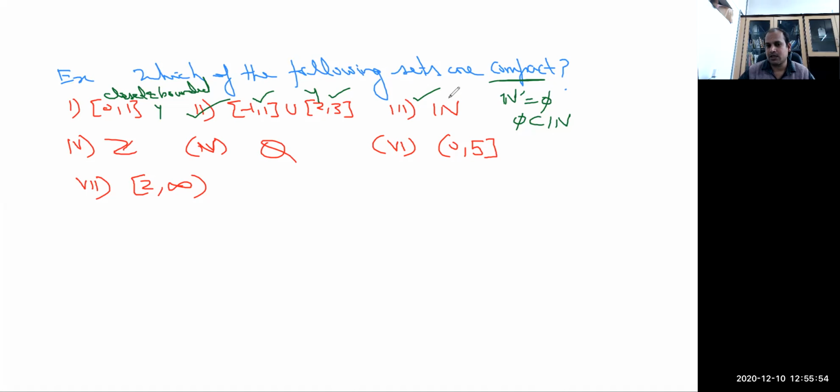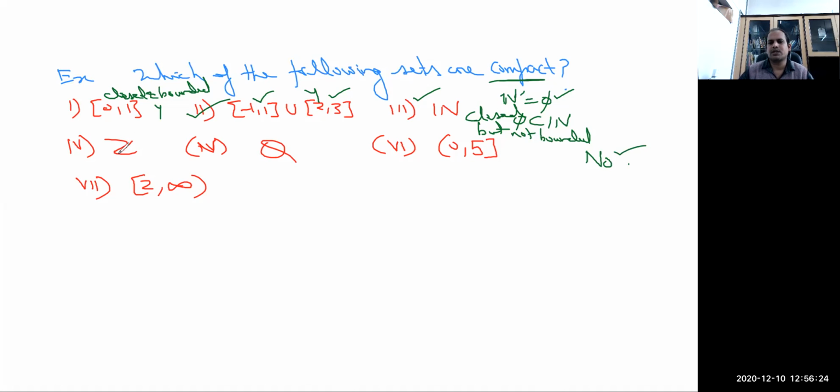So to show that a set is not closed, just show that there exists at least one limit point which is not present in that set. Since here we have no limit point, there is no limit point which is not in the set. So clearly this set is going to be closed. The set of natural numbers is closed, but not bounded. Hence from Heine-Borel theorem, this set is not compact. So the answer is no. The set of natural numbers is not compact.